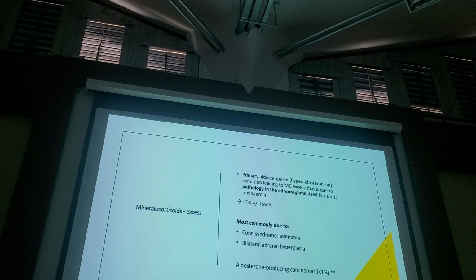But the patients, in addition to having a single adenoma where they have a mass on one side, could actually also have bilateral hyperplasia. And coming from histology, you know the difference between hypertrophy and hyperplasia, right? I don't think we need to get back there. So it could be that bilaterally the adrenal glands are hyperplastic. So the pathology is not just on one side with an adenoma and a lesion, but it's both sides that are pathologic. And finally, the least